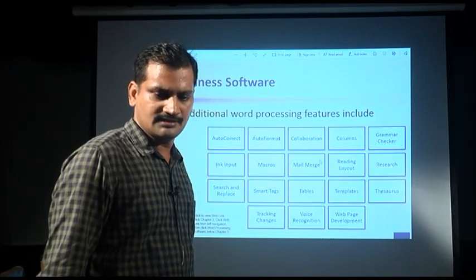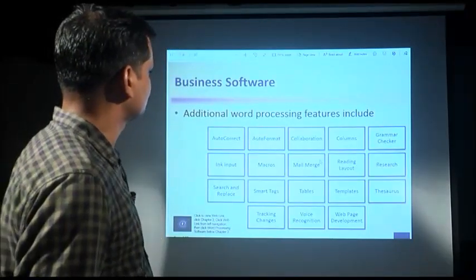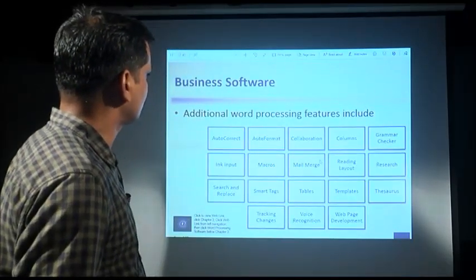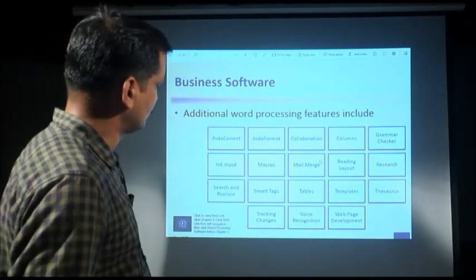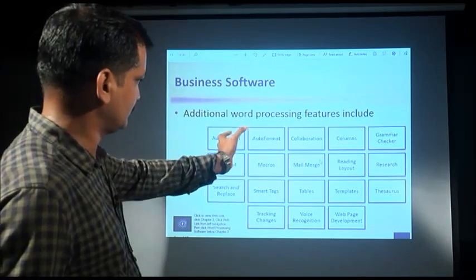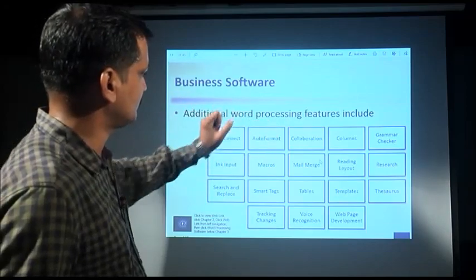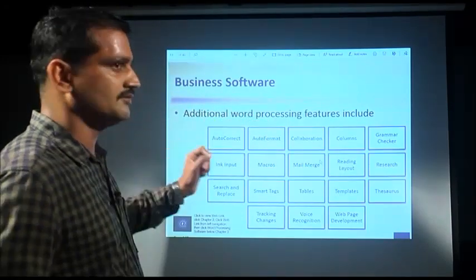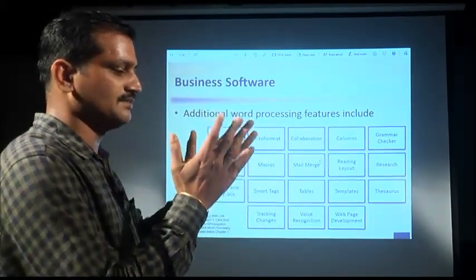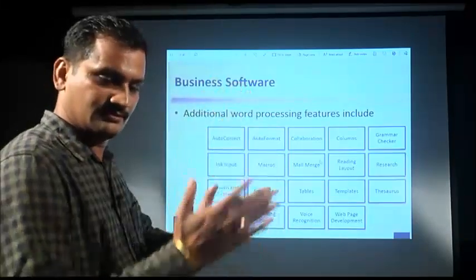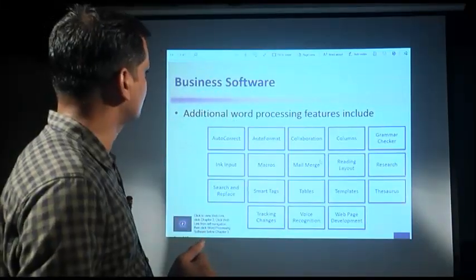Columns: you can define columns, and you can define tables in which you have rows and columns. You also can define a page into columns. You can separate a page into columns by using that feature. As you can see in some books, each page has multiple columns, the document present in multiple columns, and that we can do also.